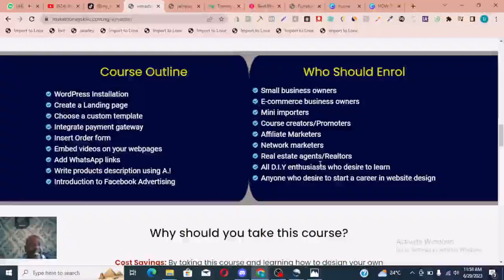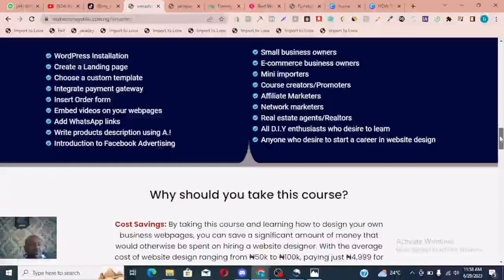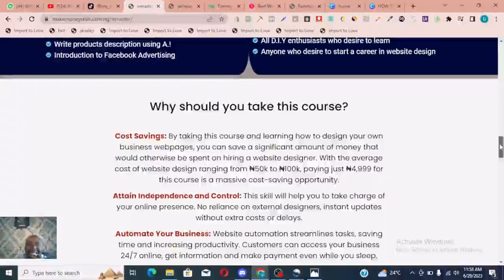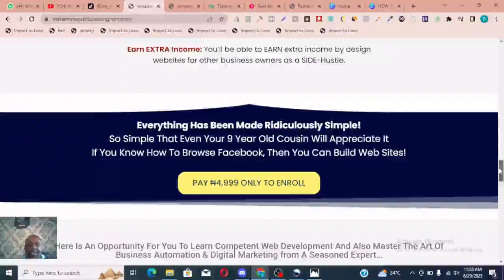You're a real estate agent, a realtor, you need to know how to build your own agency website, where customers can come in and get information about you, right? So everything has been made ridiculously simple. So simple that even your 9-year-old cousin will appreciate it. If you know how to browse Facebook and do WhatsApp, do TikTok, then you can build a website.